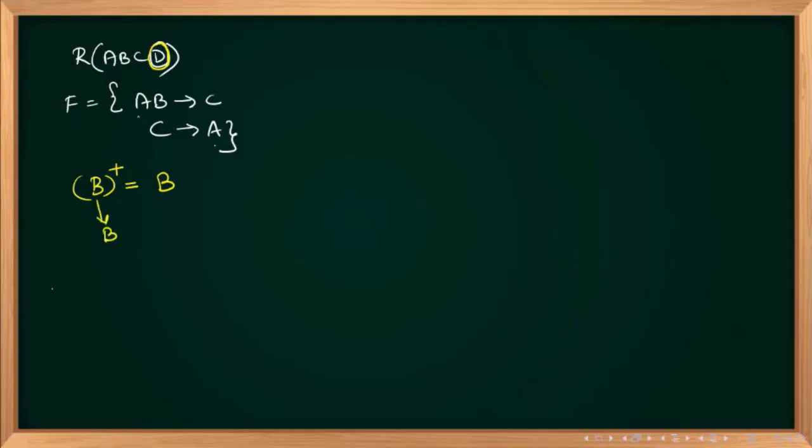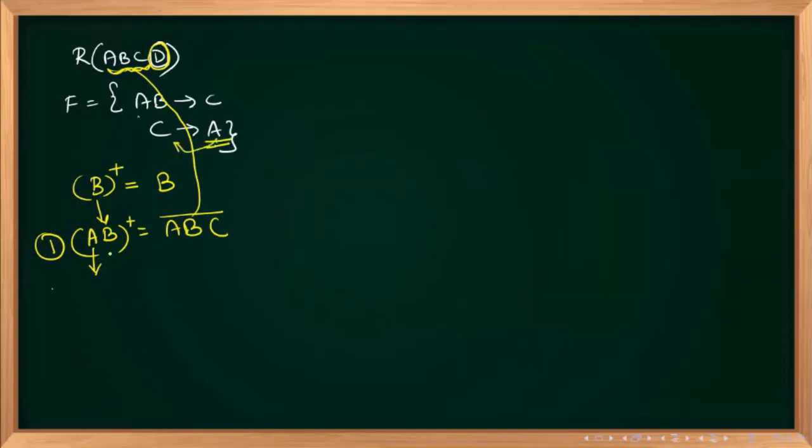When I take the AB closure, I am getting A, B, C. The circled one I don't need, because anyway I will add it later. So the first candidate key I got is AB. Now I have to check whether any more candidate keys are there. Instead of A, I have to substitute: I'll check the right side. If it is there on the right side, I can substitute on the left side. So it will become CB. All the A's are over.